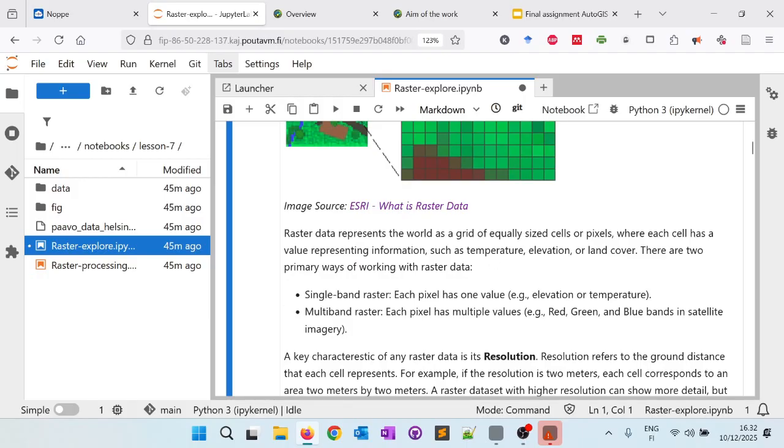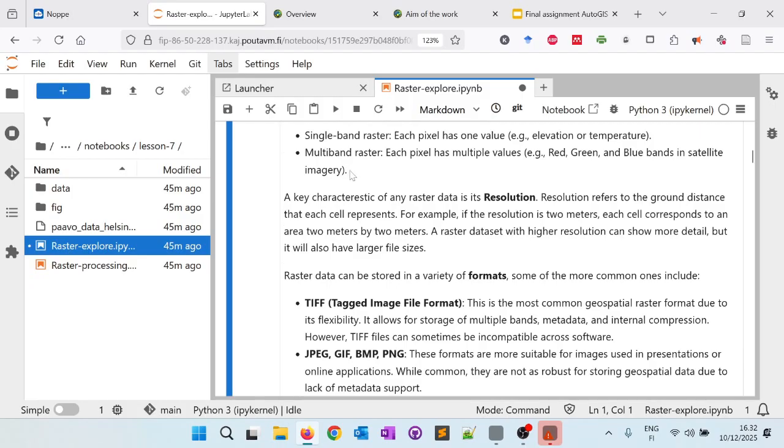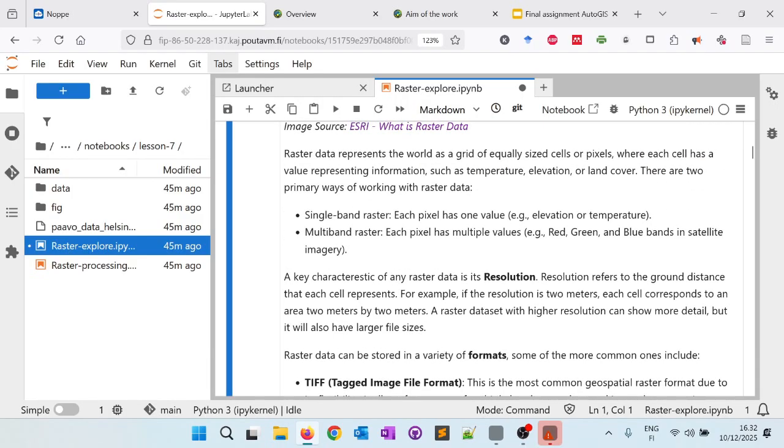Yeah, so raster data represents the world as a grid of equally sized cells or pixels, where each cell has a value representing information, and that information can be temperature, the altitude at the place, land cover, different things. It depends on how you classify raster data, but sometimes you come across